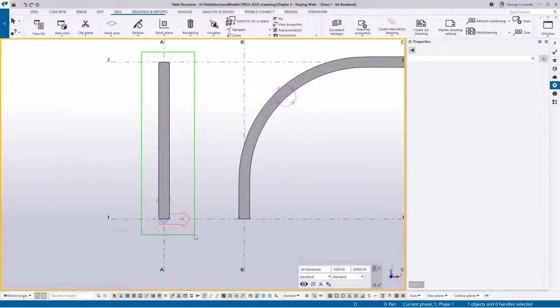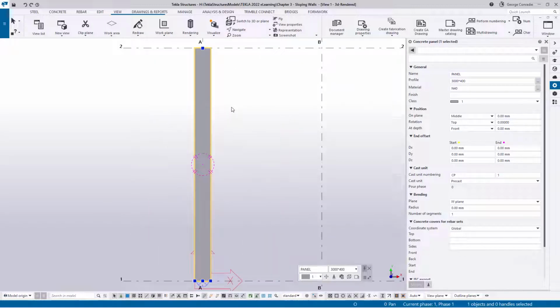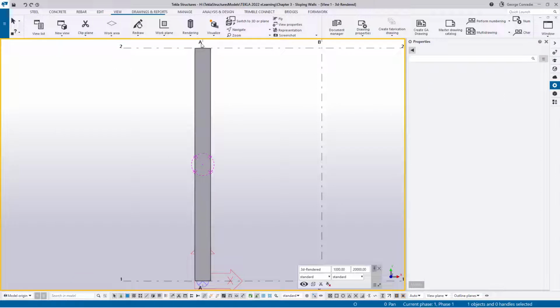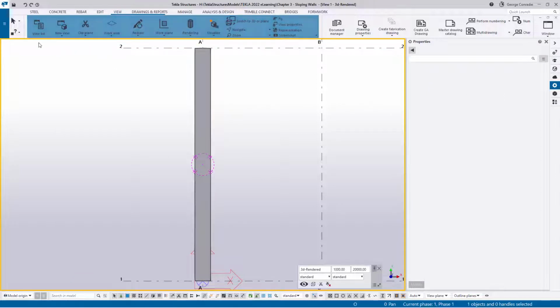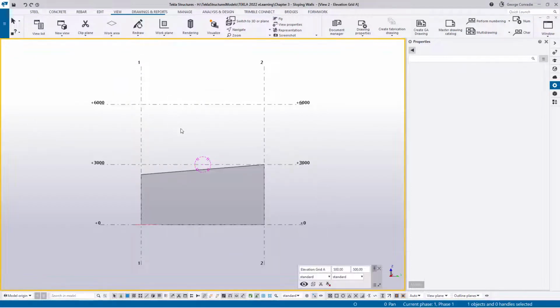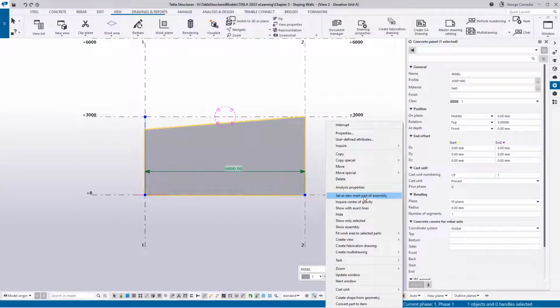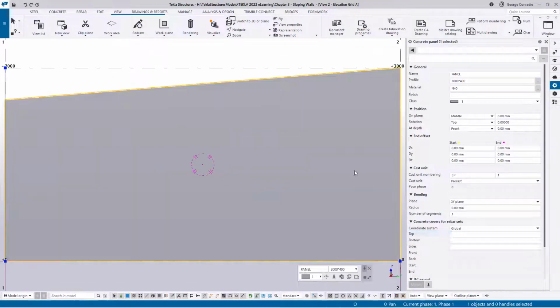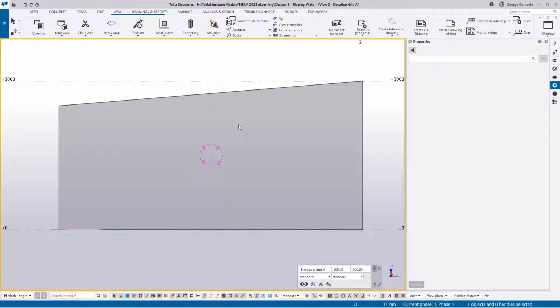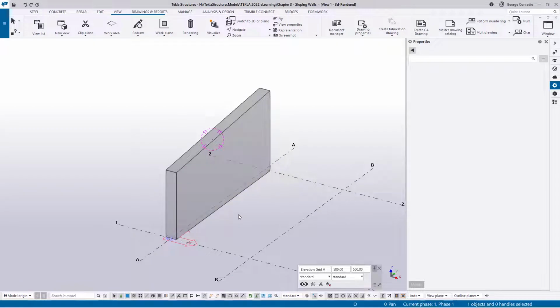So what I'll do is I'll just grab the wall, right click, and then say select part, fit part in all views, and then also I've got a grid line A. I'll enable the grid line A view so I can see it from elevation. So that will give us an elevation on this wall. So the first thing I'm going to do, and again, just here, I'll probably just fit this as well. Okay, so back to the plan view or the 3D view,